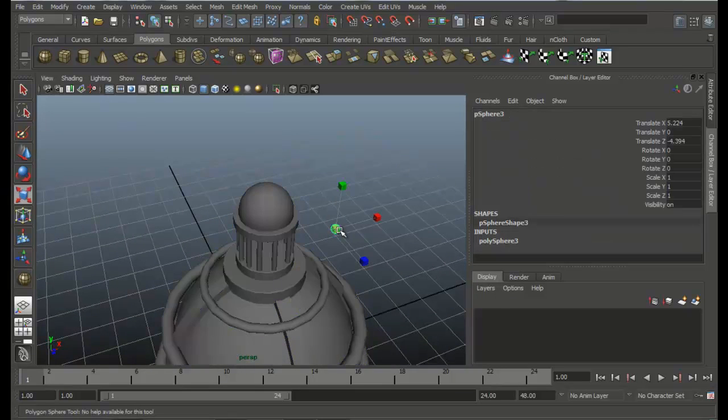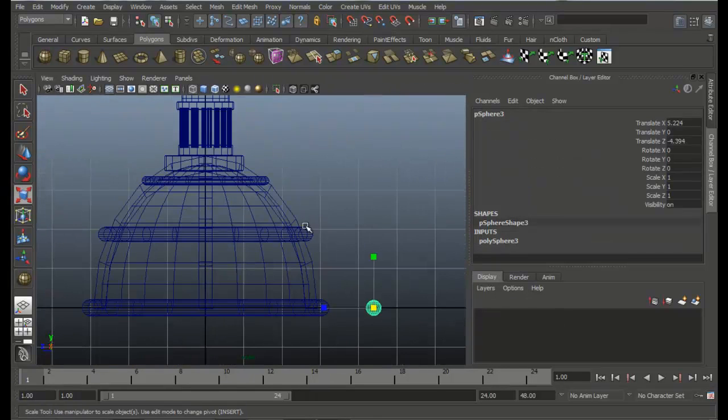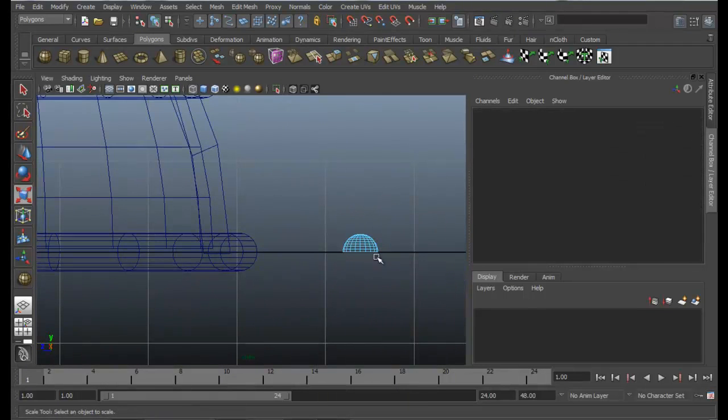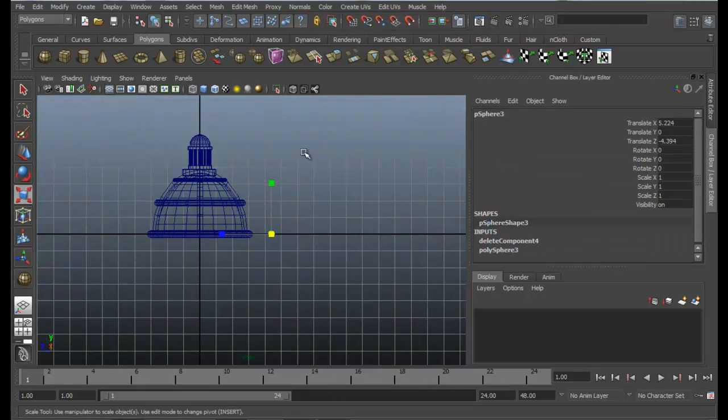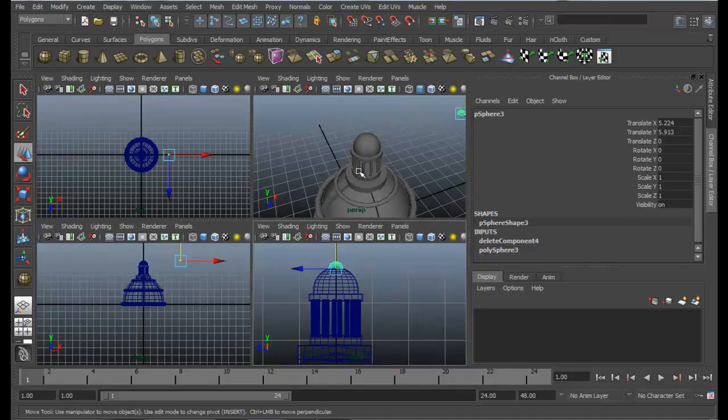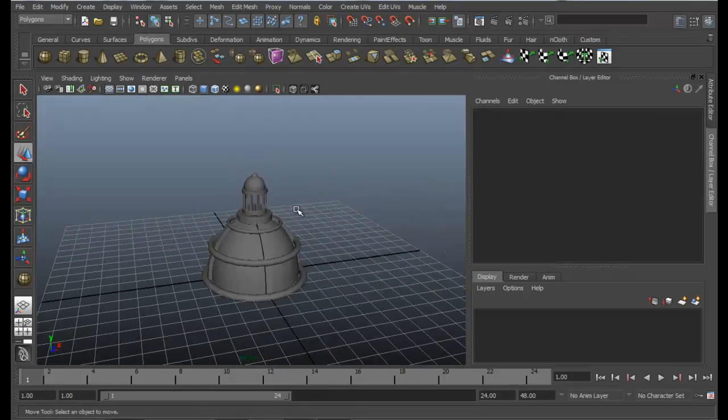If you want to, you can scale it down or even scale it up as well. Create one more sphere. Do the same for this, just a small one. Delete the half face. Snap it to grid. Just press W. Give the snap and move it a little up. Even in the top viewport, you can snap to center. So in this way, it's positioned properly.